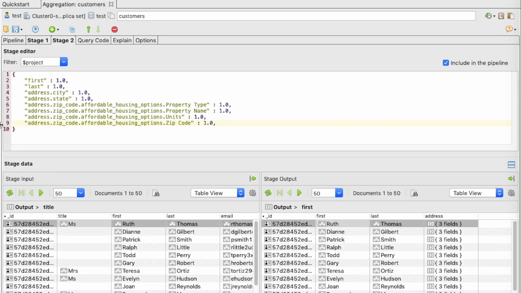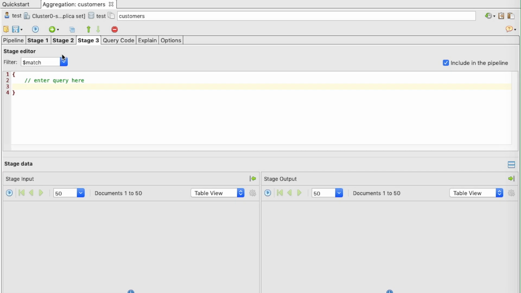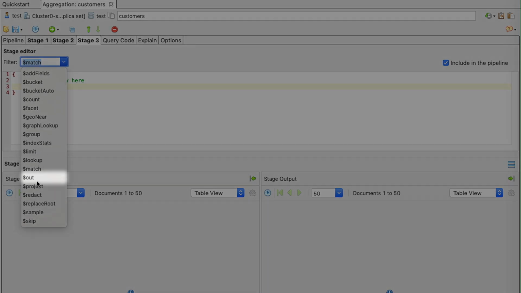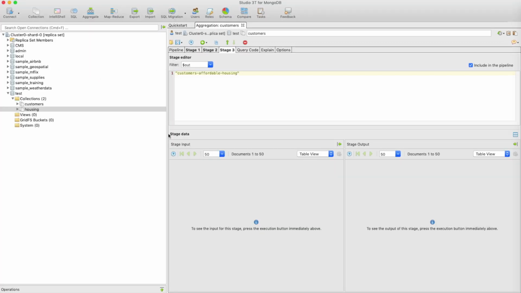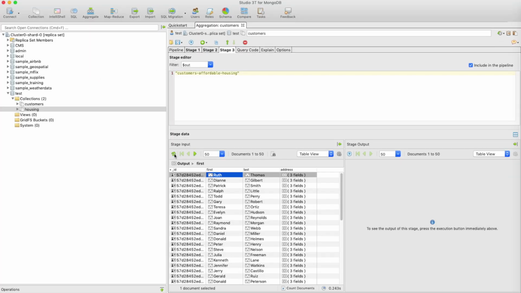Once you're ready to save your aggregation pipeline results in a new collection, create a new stage by clicking the green Add a New Stage button and select Out from the drop-down menu. The Out command has a straightforward syntax. In this case, let's name our new collection Customers-Affordable-Housing. We can check the input of this stage by clicking the Show Stage Input button on the bottom left